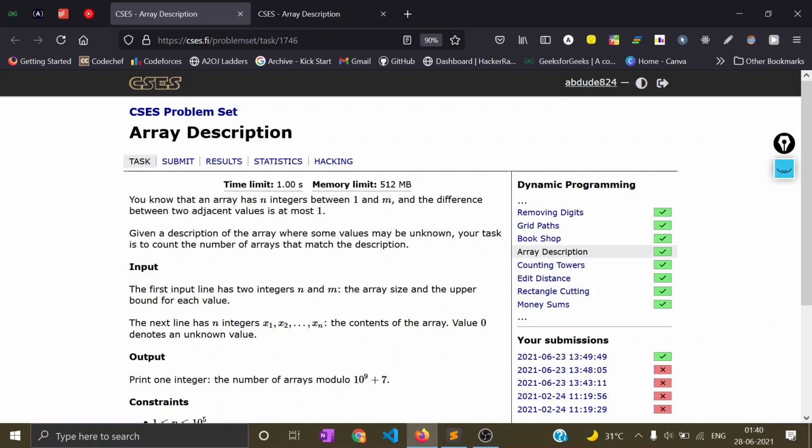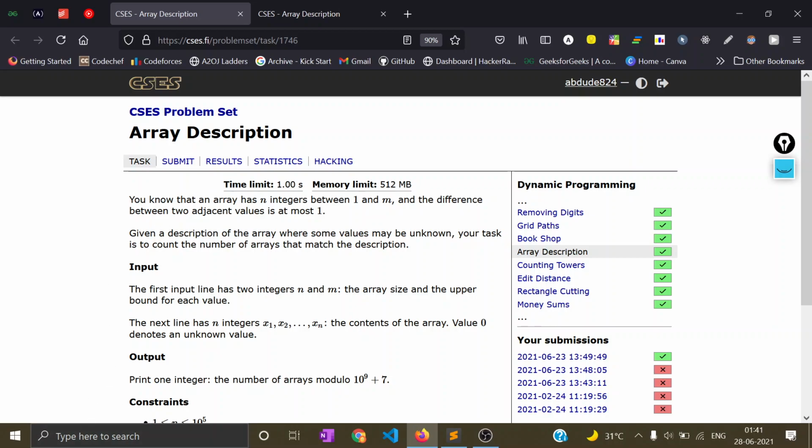This question is a little bit trickier than others that we have done right now. Those were a little bit trivial, some were simple. But this question is a medium level question, so let's see the question statement. If you haven't read or tried the question yet, please pause the video and try it yourself. Give it 15 to 20 minutes and then come back to it.